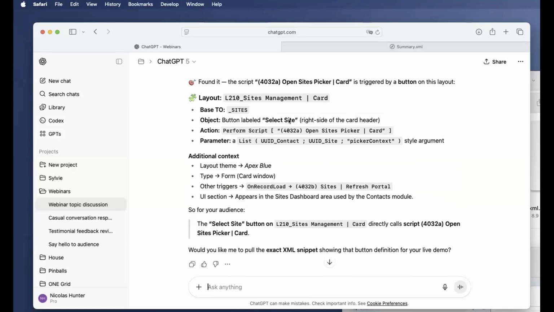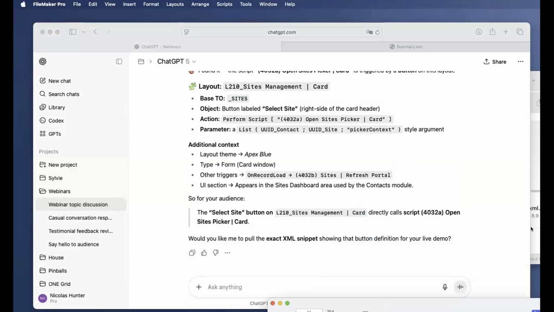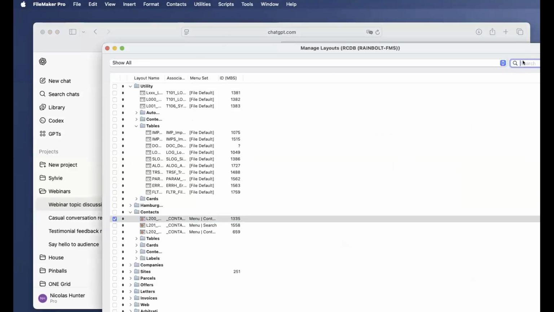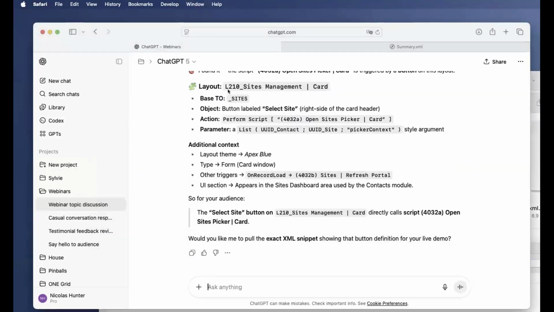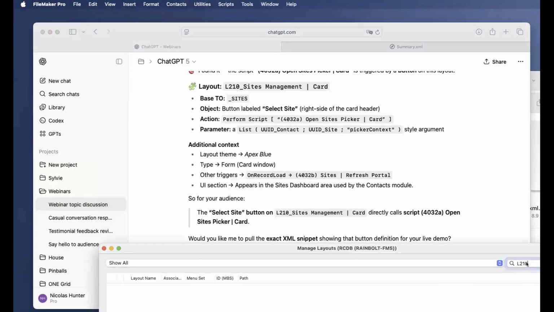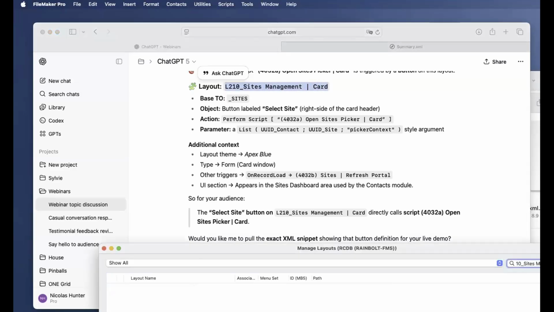Yeah, that's all. Yeah, okay. It might be right on this. Hold on. Yeah, it gets confused with the name. I don't have an L210. I have the L200, and the name is not yet there, right? I don't have the site management layout, so I don't know what happened here. It might be,